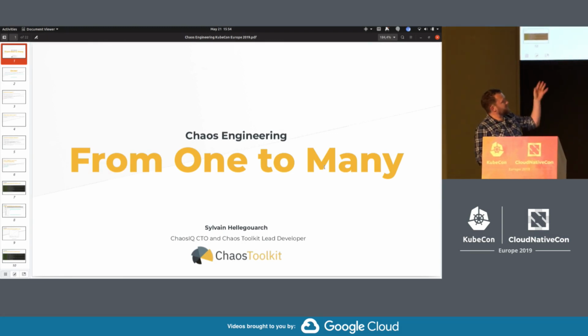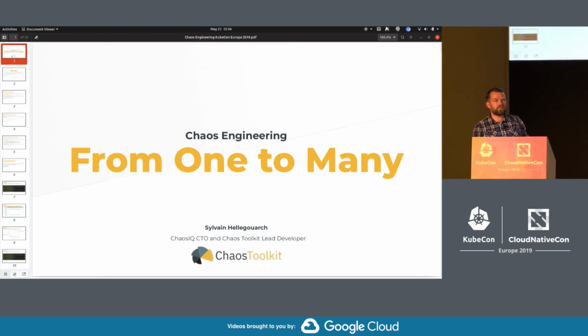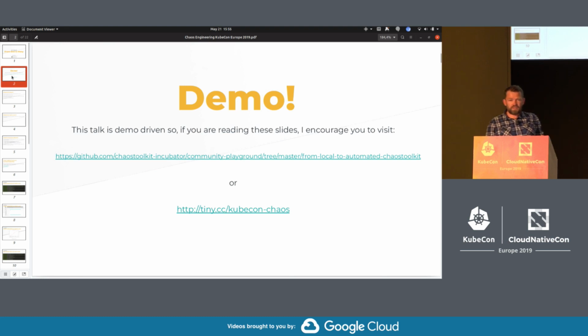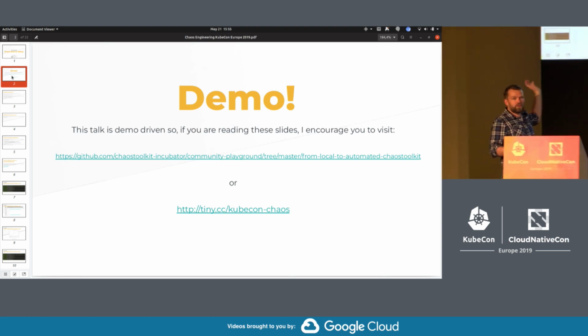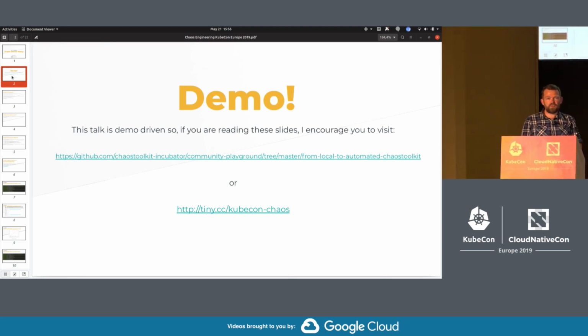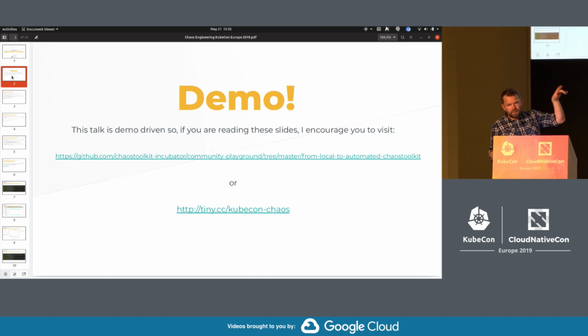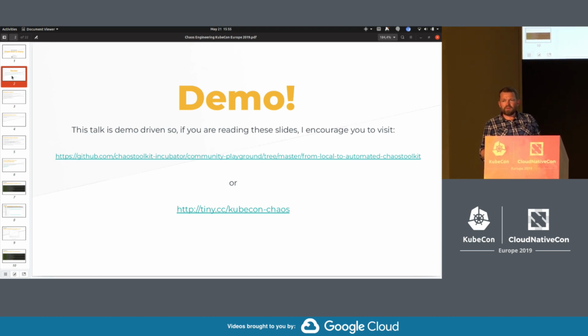Right, so we're going to talk about chaos engineering. I don't know if you're familiar with the term or if you practice chaos engineering in general. If you're not, I'm not going to dwell too much. You see all those slides on the left. I'm not going to go through that. It's going to be a demo session. But the slides are for you to go through after the fact if you want. There are many other resources for the theory around chaos engineering.